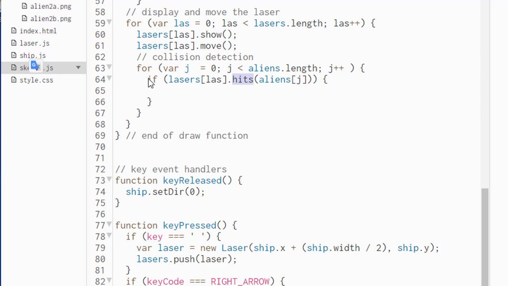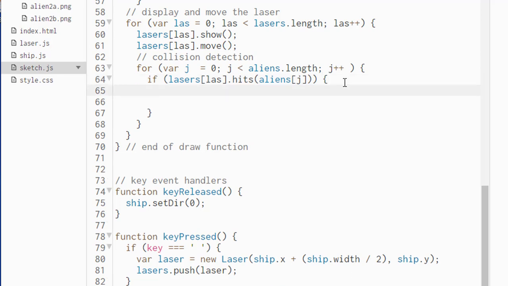And so, because we're using this inside an if statement, we're saying here, if it's true that a laser is hitting an alien, basically that's what's going to happen because it's going to return true or false there. If it's true that they're touching, then what do we want to do? We want to take that current laser from the lasers array. It's represented by the counter variable LAS, and we want to dot remove it